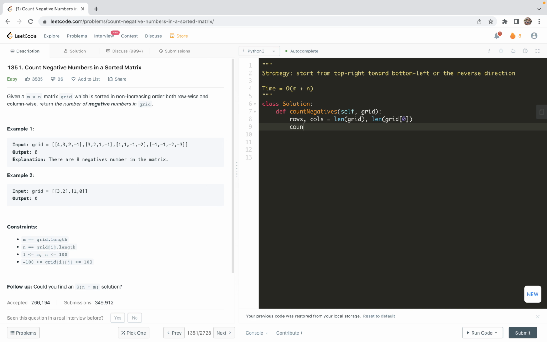Then let's do the count. Originally we initialize it as 0, and we are going to return the final state of this variable count. Basically we can start from a position, row, column. I'm going to start from the first row and the last column, columns minus 1. Here the main thing is to use the assumption that the grid is sorted